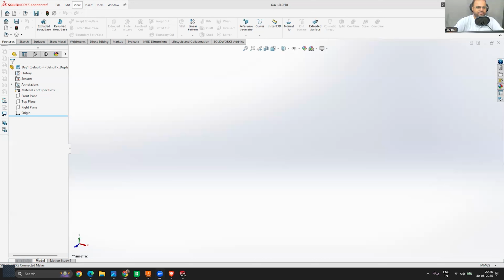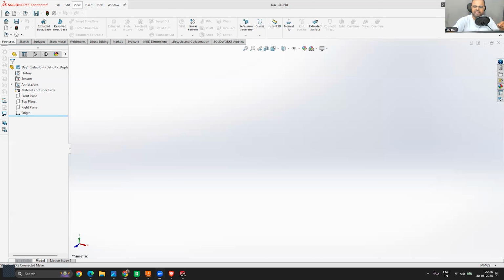Now, once you have saved your file, the next important step that you always have to take care of is to define your system of units inside SolidWorks, because whatever designs you create will follow some system of units, right? And from where can you control that? For that, you can see a cursor on your screen.